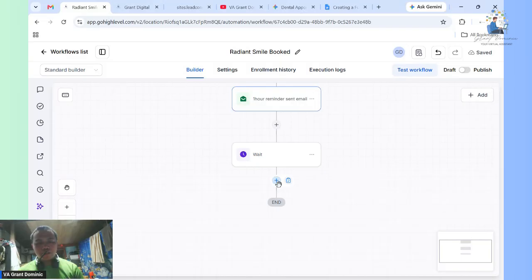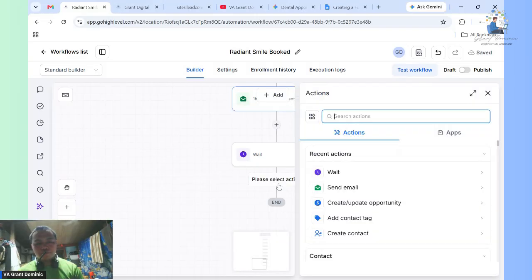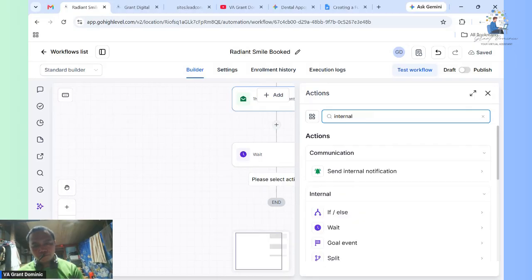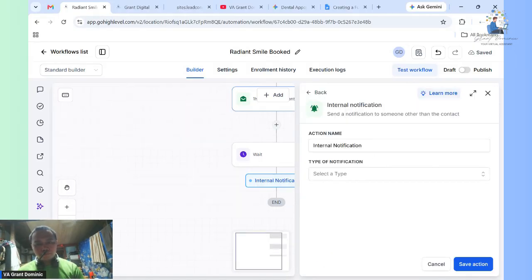So we'll send an internal notification: did the patient attend?